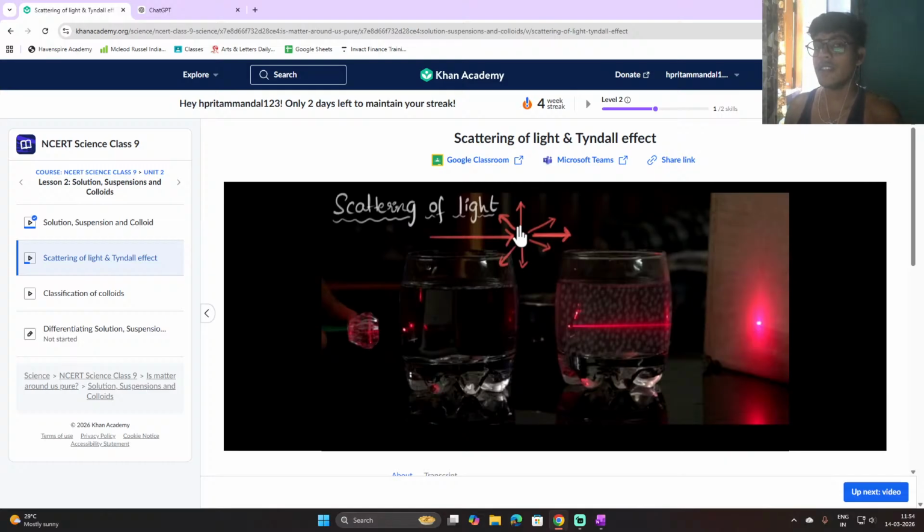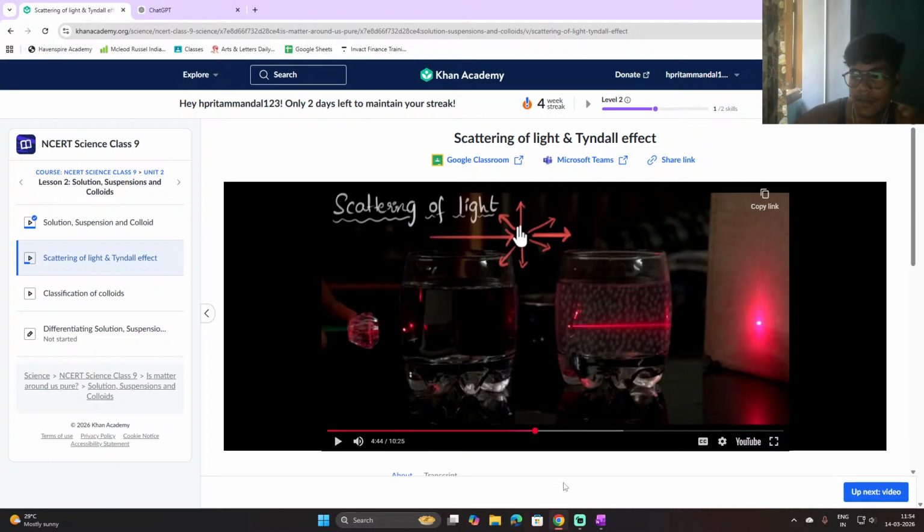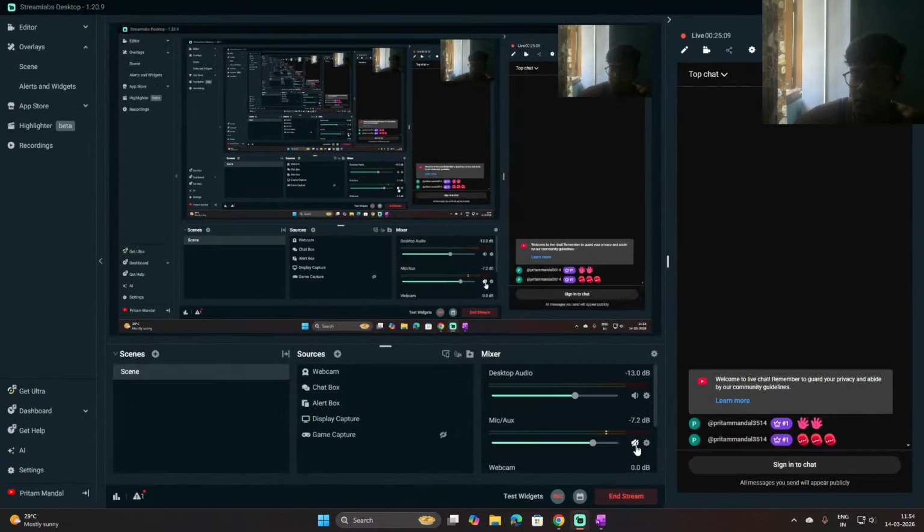We cannot see it in our naked eyes, but in colloids we can see it because the particles are 1000 nm to 1 nm between them. That's why we can see the reflection. That's why scattering. That's why we called it scattering light, also call it Tyndall effect. Let's continue the video. And